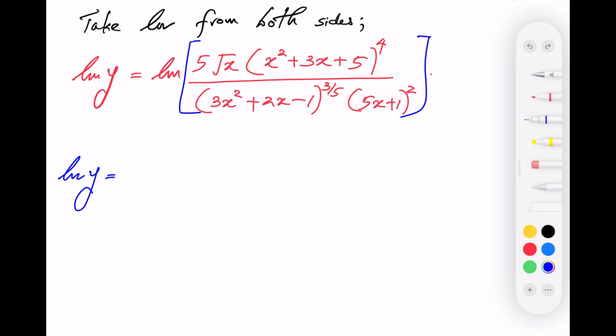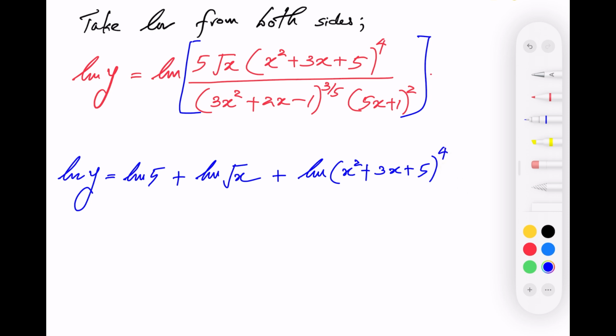When you look at the terms on the numerator, it's going to be natural logarithm 5 plus natural logarithm square root x plus natural logarithm (x squared plus 3x plus 5) raised to the 4. Those are all positive terms because they are all on the numerator. And we have two terms on the denominator. Those must be written with a negative symbol. Minus natural logarithm (3x squared plus 2x minus 1) raised to the 3/5, minus natural logarithm (5x plus 1) raised